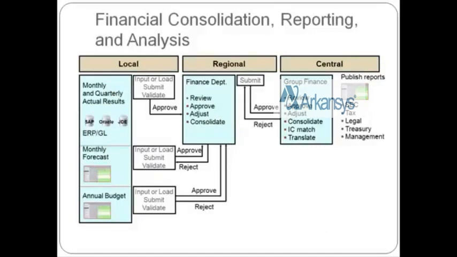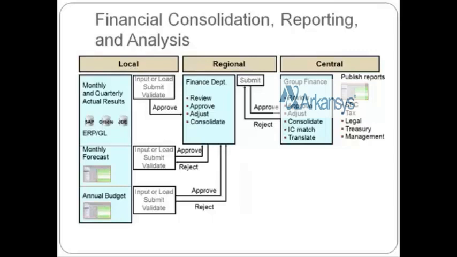This is the financial consolidation, reporting and analysis layer, a process which has been explained over here. How does it work? You work on consolidation, so you will have a fair amount of idea, but I will still explain it with respect to Hyperion. At the base level, entities do the monthly forecast, annual budget, or financial consolidation, which goes on to the regional level for approval, rejection or monitoring purposes.